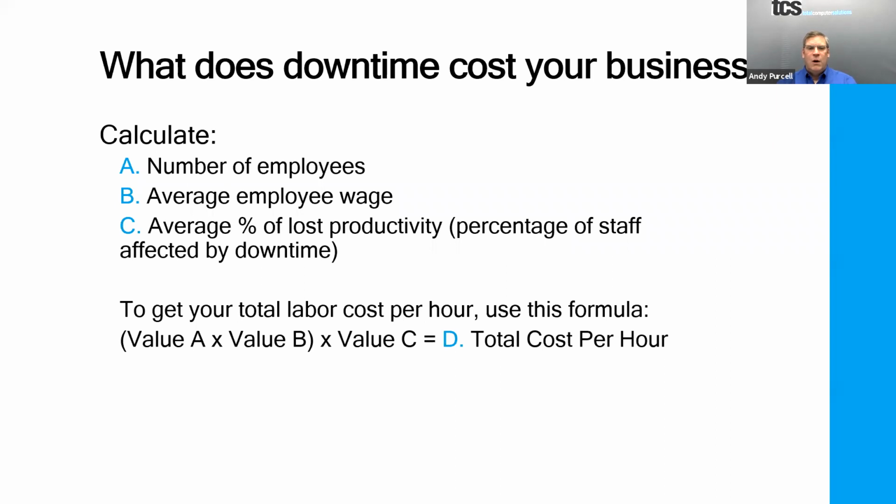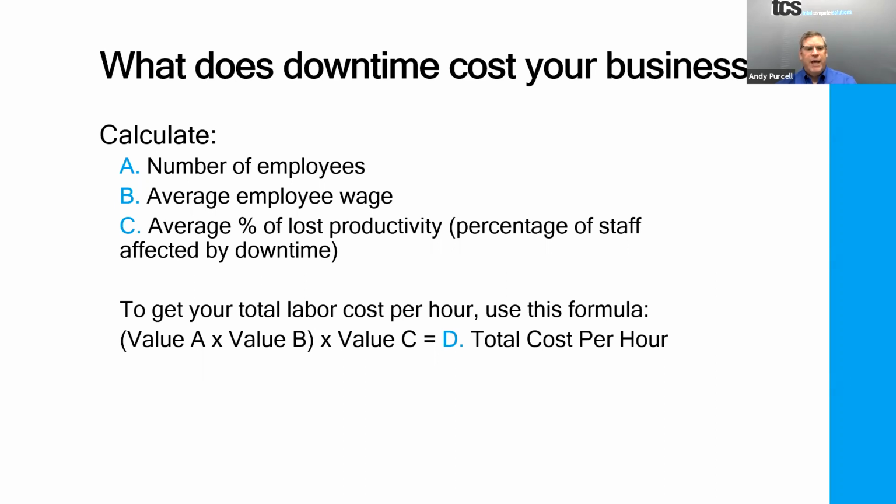is total? Or is this someone whose task perhaps involves other things, if they're seeing patients, seeing clients, or doing a manufacturing job, what is the percentage of that productivity that is lost? So it could be 0 to 100%, depending on what their task is, depending on what they're able to do while they have downtime. So if we go through and multiply those first two, how many employees you have, what